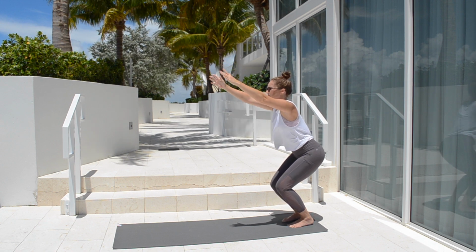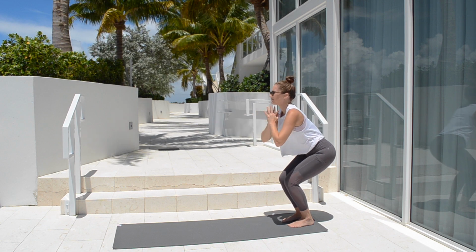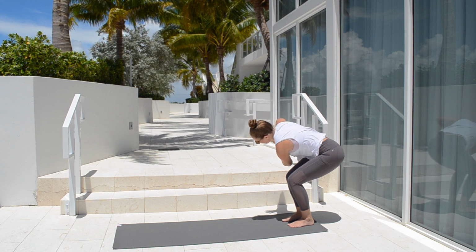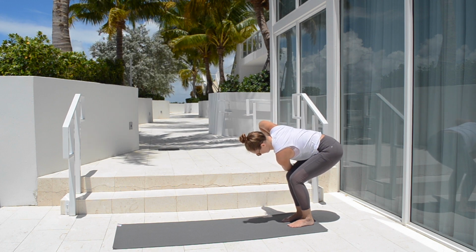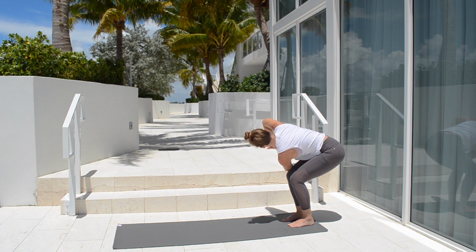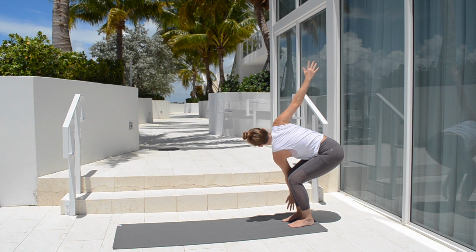We'll bring the palms to touch at heart center. Take one breath here, and on the exhale, twist over to the right side, hooking the left elbow to the outside of the right knee. Make sure the knees are still in line with one another. And if it's available and comfortable to you, go ahead and start opening the arms wide, reaching in opposite directions